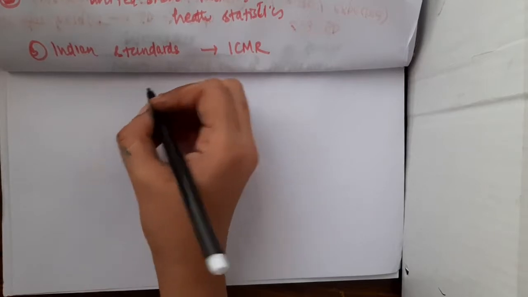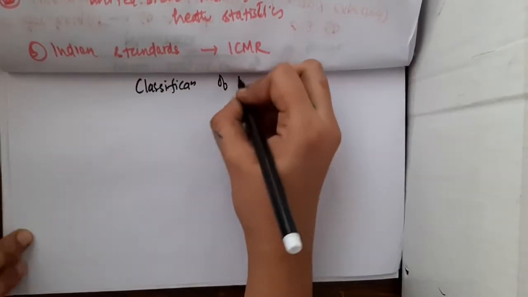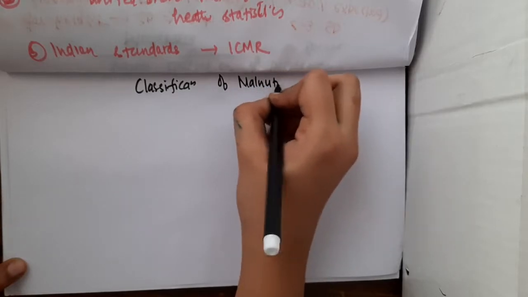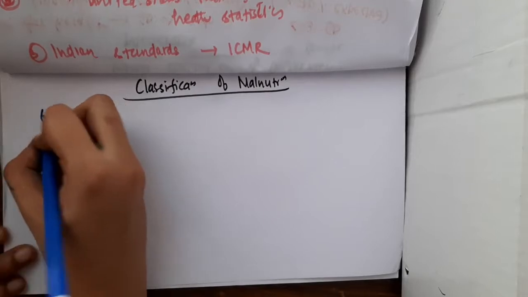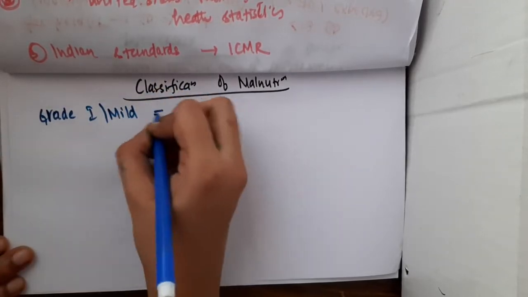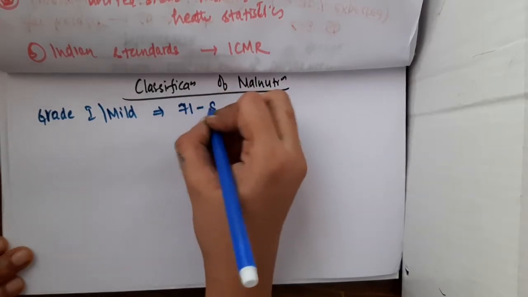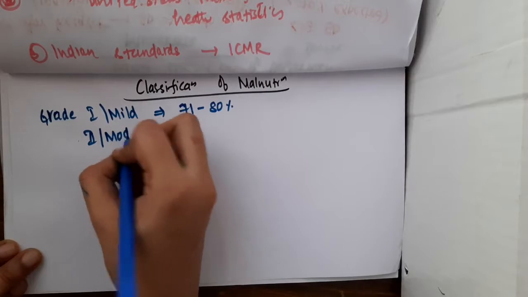Hello friends, let us now learn the classification of malnutrition. So in the classification of malnutrition, we have grade 1. Grade 1 malnutrition or mild malnutrition is seen in 71 to 80%. We call it grade 2 or moderate malnutrition